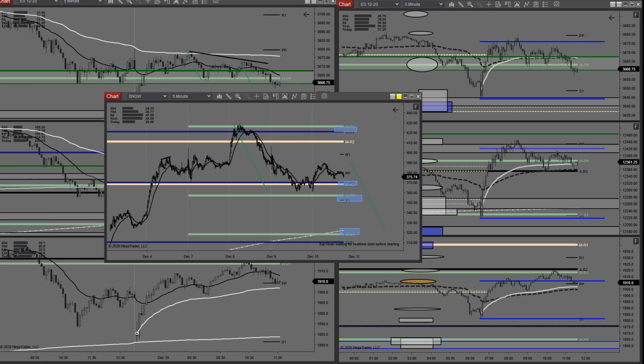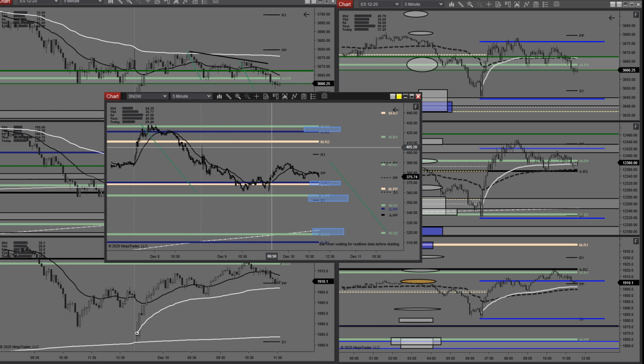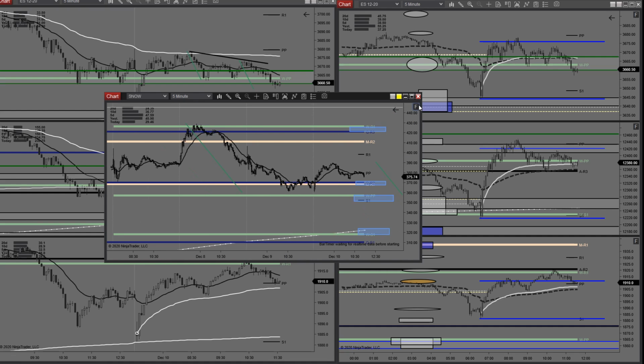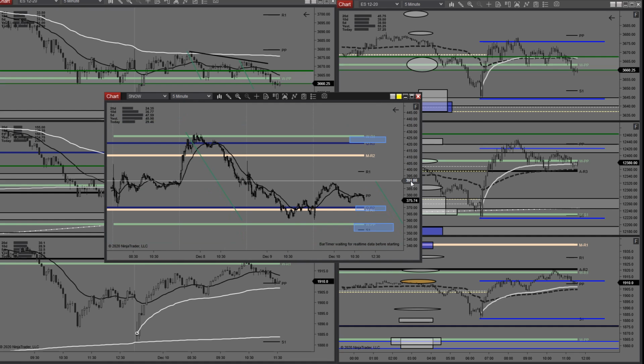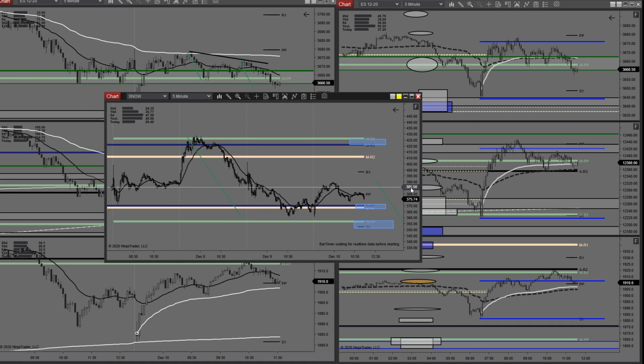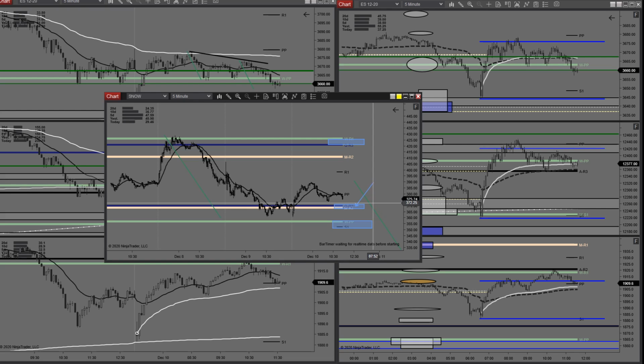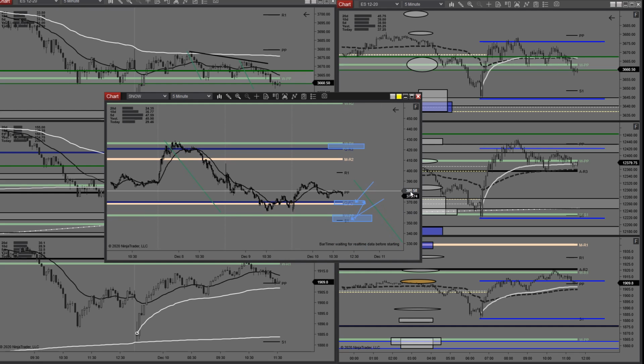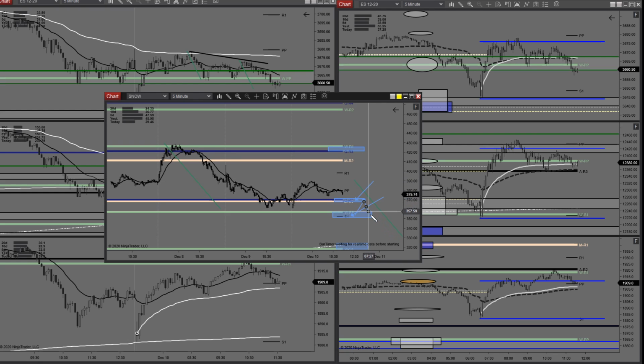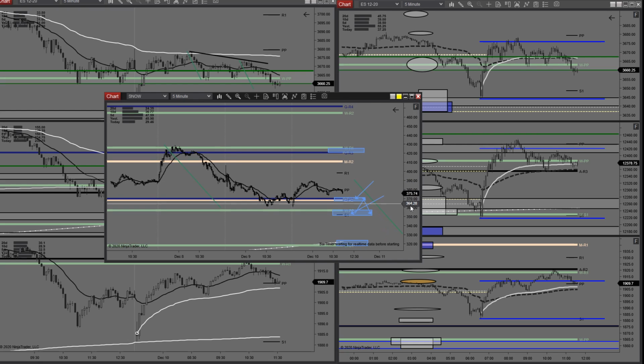So what I mean by that specifically is in SNO, in order for this very, very valid path and destination map that you've mapped out to play out, you're going to have to hold through a retest of QR2, MR1. You're going to have to hold through a retest of WPP trend guide reversal. Let's say it bounces at WP trend guide reversal and bounces back to the level from below. You're going to have to hold through that. Not hard to hold through that as you're short, but it's still another signal. Then you're going to have to hold through another test of weekly pivot point trend guide reversal.